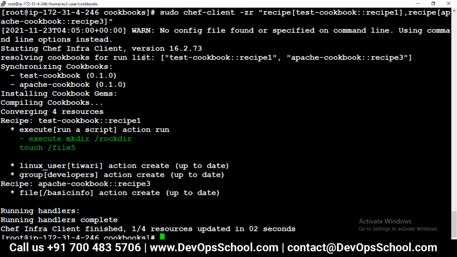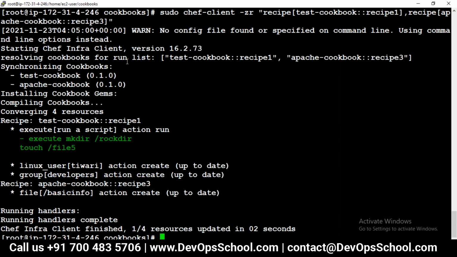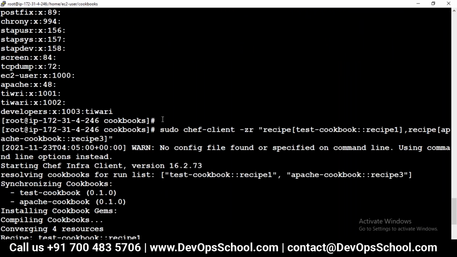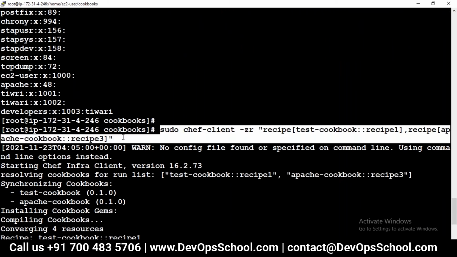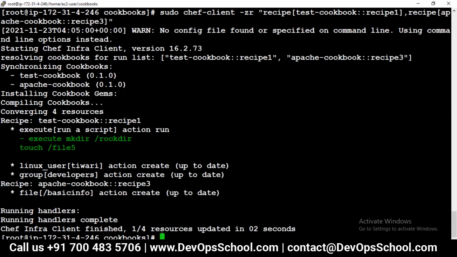Do you understand how we use the previous two recipes at a single time? Yes, this is the command we can use to run more than one recipe at a single time.